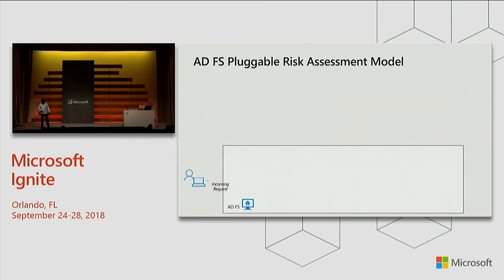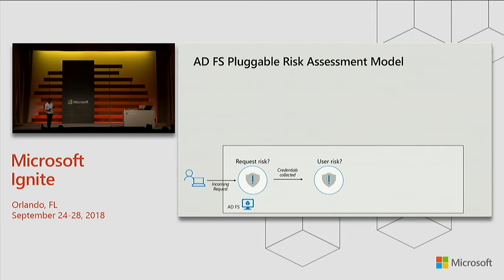Typically, the first part of a request is that it's just an HTTP request. We may or may not know who the user is at this point in time. Typically, there are certain network aspects that we look at, or whether it's a malformed request or not. So this is about looking at an HTTP context. This is a great place where if you know it is coming from a malicious IP, you should be blocking it right out here. So that's one area for us when we think about this type of a pluggable framework.